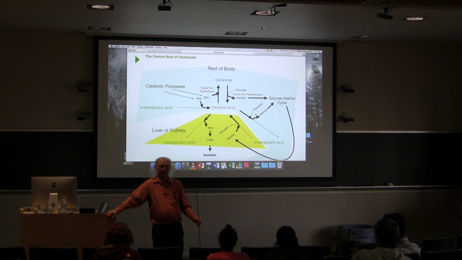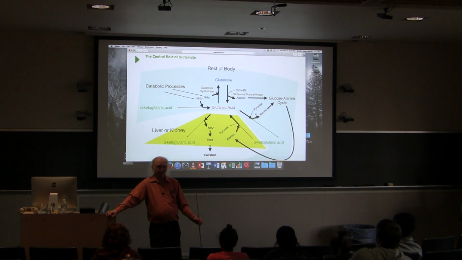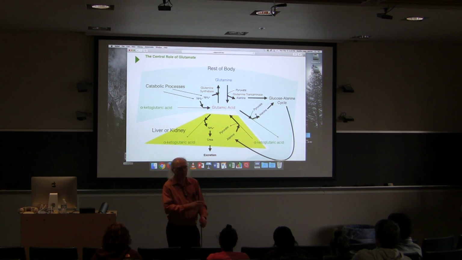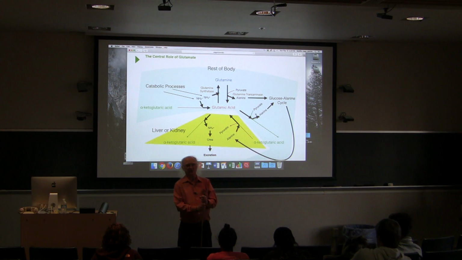Yes? Regarding RNA interference, what is the significance of that bubble in the microRNA? Because it's not in the silencing RNA, but it is in microRNA. Yes. So the question had to do with RNA interference, and specifically the microRNAs have a little bubble associated with them, whereas the silencing RNAs don't have that bubble associated with them. And I'm not sure if there was a question associated with that, but basically the difference